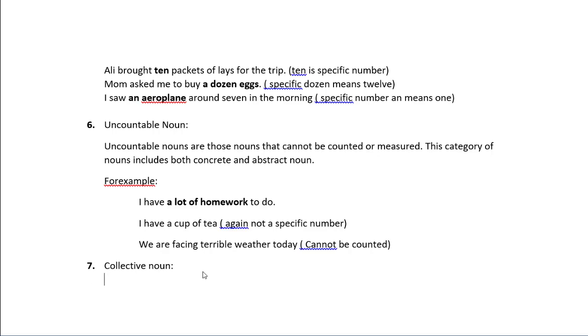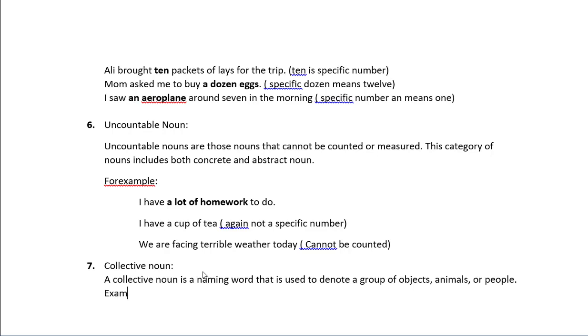A collective noun is a naming word that is used to denote a group of objects, animals, or people. So we can give an example. For example, for animals, we can say